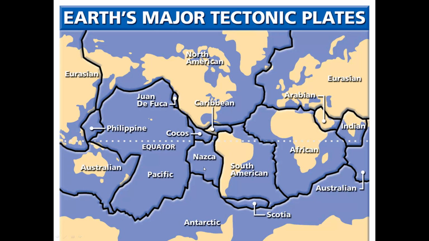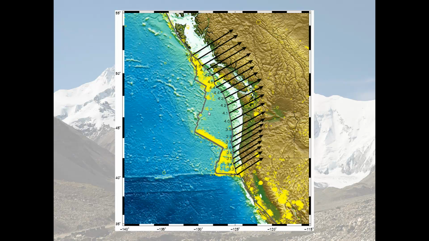Now, this picture shows all the plates in North America. The ones that I would like you to know are the Pacific plate and the North American plate, and this itty-bitty little one here, the plate of Juan de Fuca. And we're going to take a closer look at that one because what it's doing greatly affects our lives. Here's a close-up of it that some geologists put together. It's bounded by this gray line. This is the last little bit of the plate of Juan de Fuca.